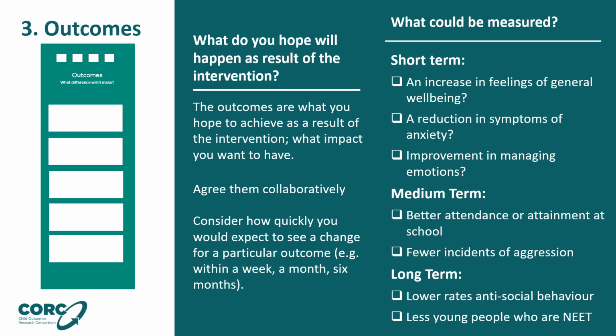Examples of what you could measure as short term are an increase in feelings of general well-being, a reduction in symptoms of anxiety, improvement in managing emotions. Medium term might be things like better attendance and attainment at school or fewer incidents of aggression. Longer term outcomes might be lower antisocial behaviour or lower numbers of young people who are NEET, not in employment,